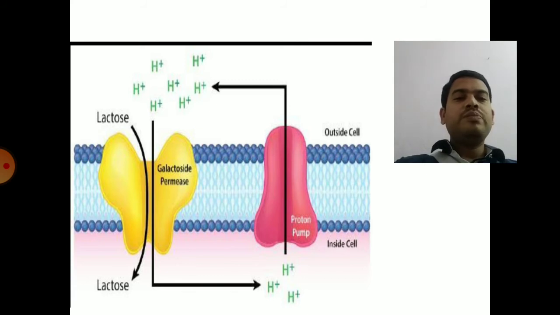You can clearly see the H+ ion entering from outside to inside the cell, from higher to lower concentration, but a proton motive force is used. Hence it is called an active transport system. During the transport of H+ ions, lactose is transported from outside to inside the cell by galactoside permease. This mechanism also uses proteins embedded in the plasma membrane. So this is ion gradient, proton driven transport of solute molecules.